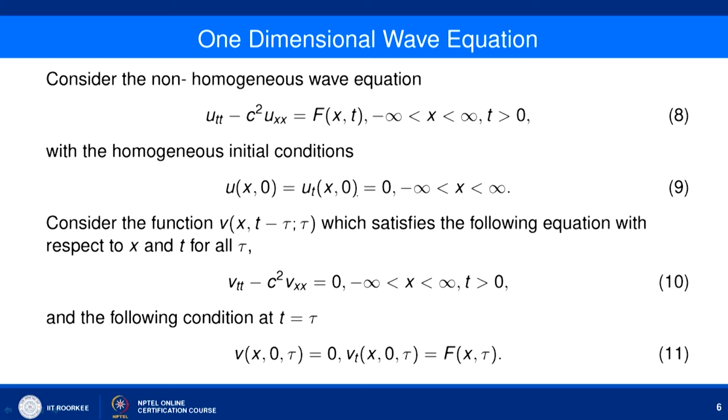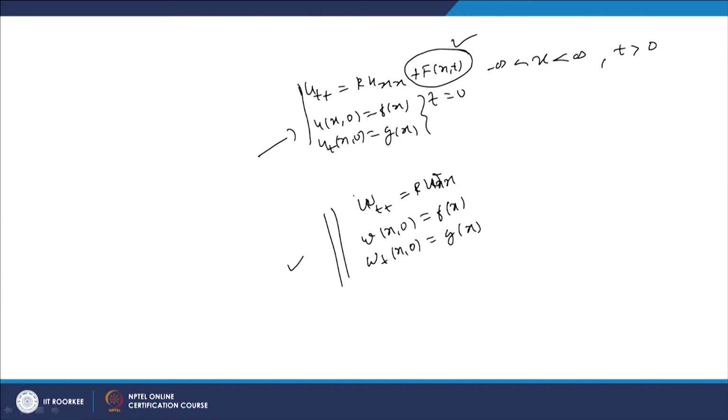Now, again a question may come that when we discussed our wave equation, we assumed non-homogeneous initial conditions. But whenever we consider this kind of problem where u_tt equal to k u_xx plus f(x, t) and u(x, 0) equal to f of x and u_t(x, 0) equal to g of x, then we can always write this into two parts. One part is that u_tt equal to k u_xx plus f(x, t), and the initial condition is simply 0,